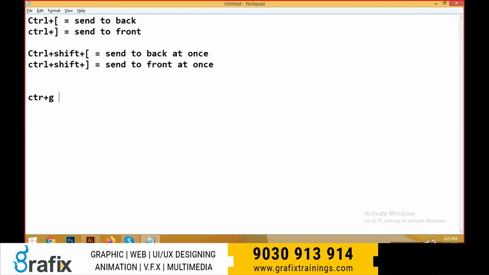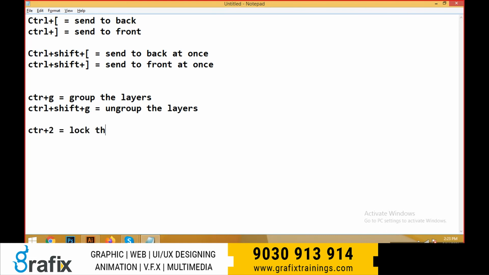Okay, and just give the shortcut. It's Control plus G, group the layers, and Control Shift G, ungroup the layers. Note it down. And here we have a shortcut. It's Control 2 to lock the layers, Control plus Alt plus 2, unlock the layers.